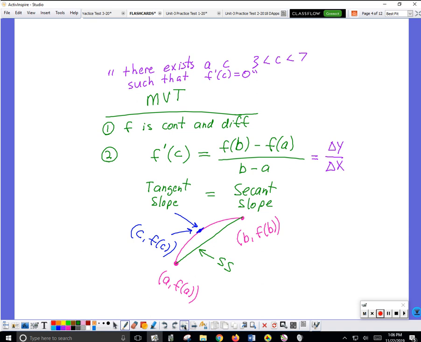It says there exists a c between 3 and 7. This is just from some problem. So c is some x-coordinate. So there's an x-coordinate between 3 and 7 such that the tangent slope of f somewhere is going to equal 0. That's a big hint if they want me to use the mean value theorem. Because the mean value theorem is trying to get you to remember that if a function is continuous and differentiable,